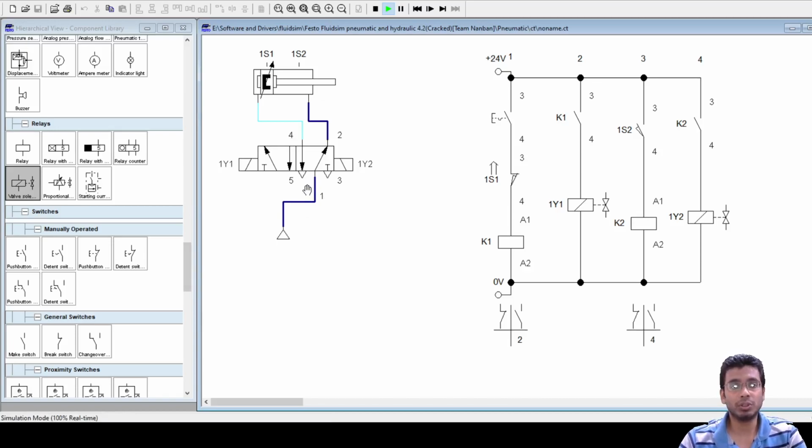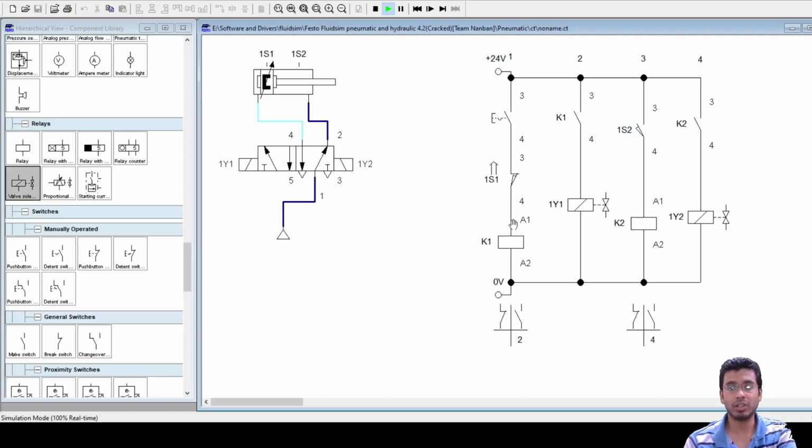Okay, so right now this is your cylinder. The moment I press this control switch, what would happen? This would close, and 1S1, if you see, this symbol shows my actuated position. Right now my cylinder is already retracted back. At that time my limit switch 1S1 is already energized, and hence your current will